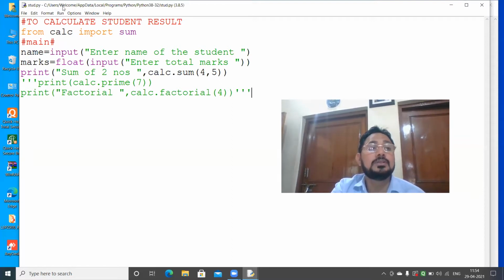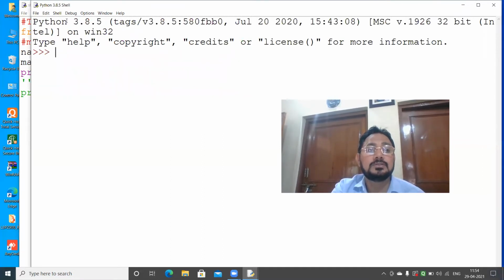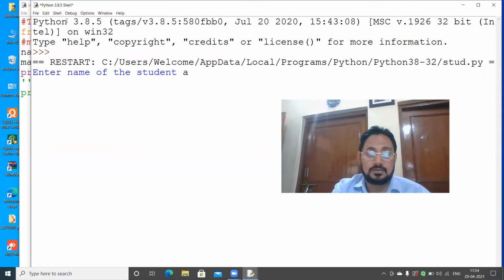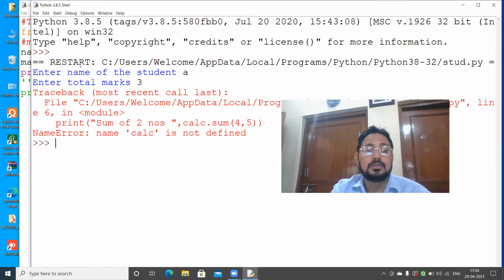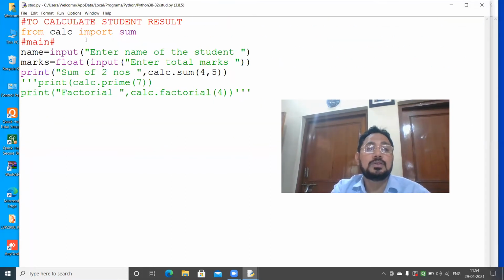I will repeat again. From, import, to import multiple objects. No, I just want to use only some.